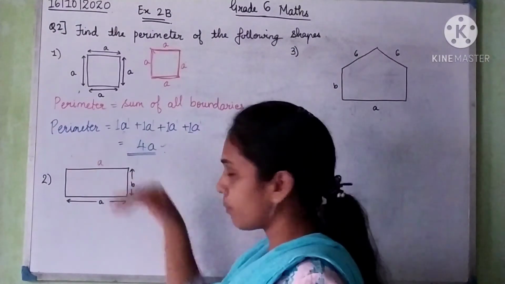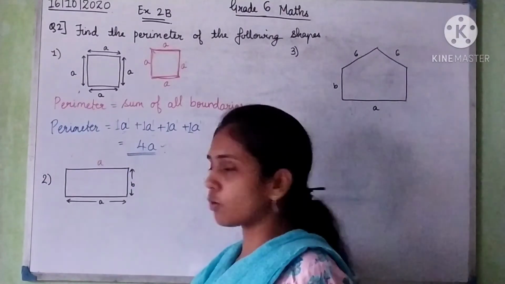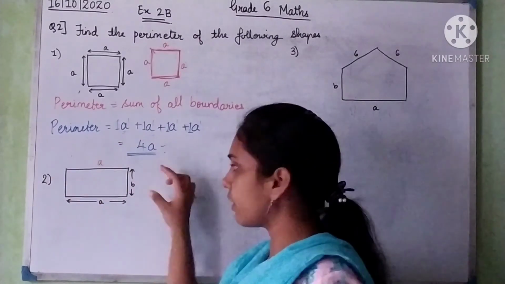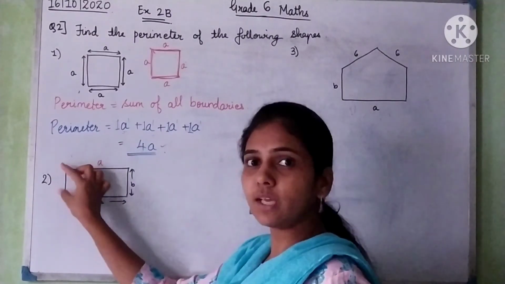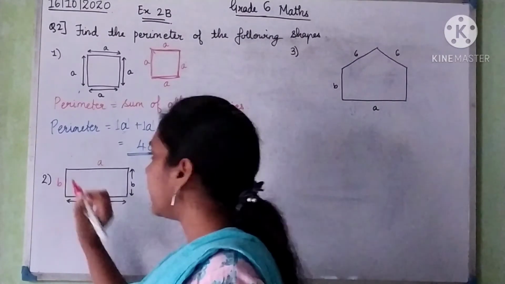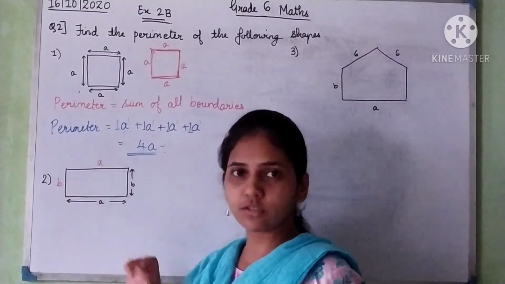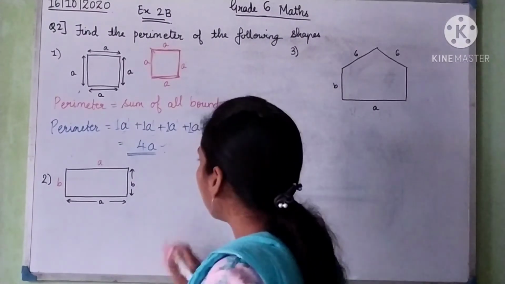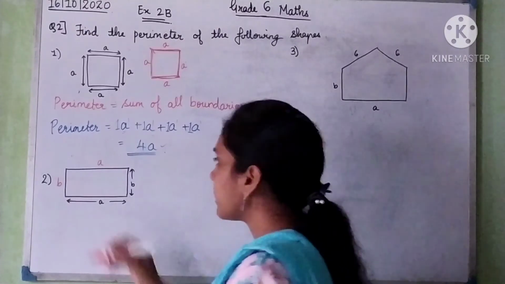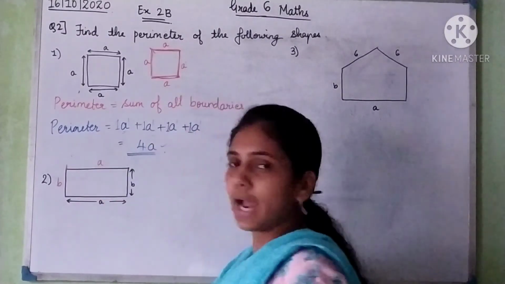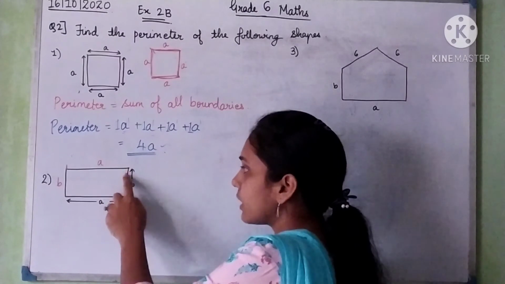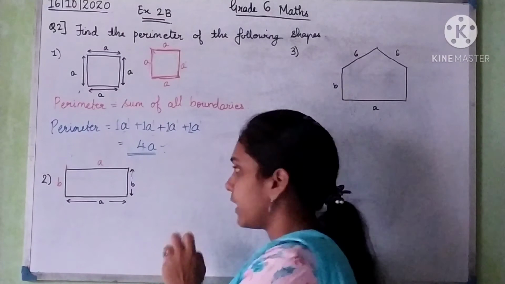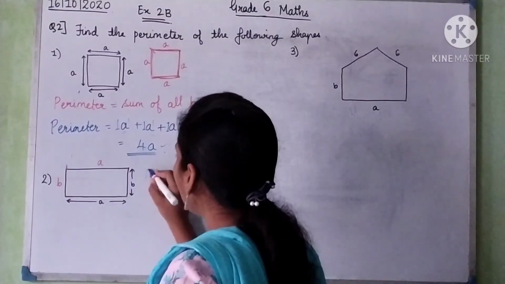So these two sides are opposite and also these two sides are opposite. This is the breadth, this is also the breadth, and opposite sides are equal. So if this is B, this is also going to be B. So here we write B. So now we have got all the boundaries of this rectangle. So we can find the perimeter of the rectangle. So what is the perimeter? It is the sum of all sides. If I start from this point, I will travel this much, then this much, then this much, and then this much. So total how much I have traveled, that I have to find. So the perimeter for this is going to be what?